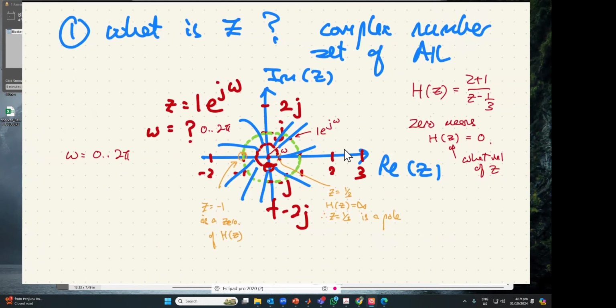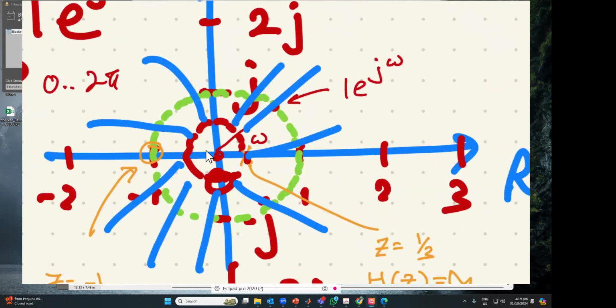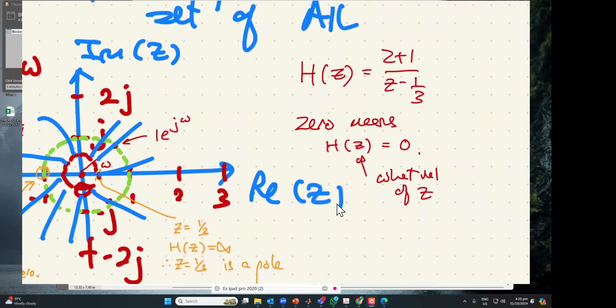Okay, so that means whenever you put any values of z here, for this H of z, no problem, you get the correct H of z. Now if you try to put any values inside 1/3, maybe 1/4 plus 1/4 j, whatever value, or in fact z equals 0, then actually, you say, hey, when z equals 0,